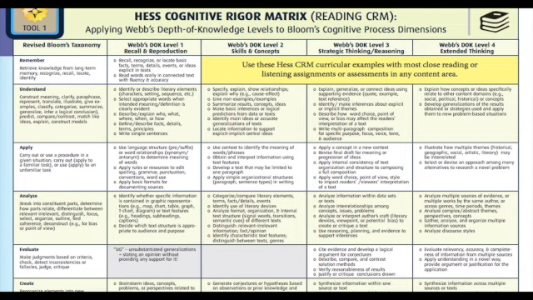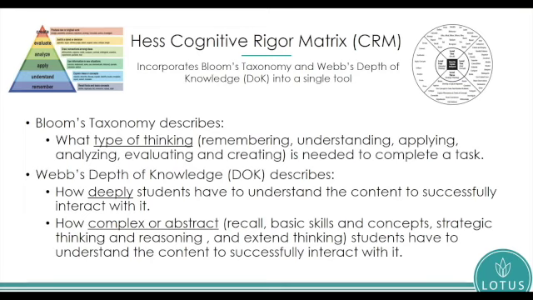This is an example of a reading matrix, and we'll see an example of a math matrix in a second, but there are content examples for almost all of the other content areas on her webpage. The Cognitive Rigor Matrix really combines Bloom's taxonomy, which helps you understand the type of thinking needed for a student to complete the task, along with Webb's depth of knowledge, which helps you understand how deeply students have to understand the content to be successful, and how complex or abstract